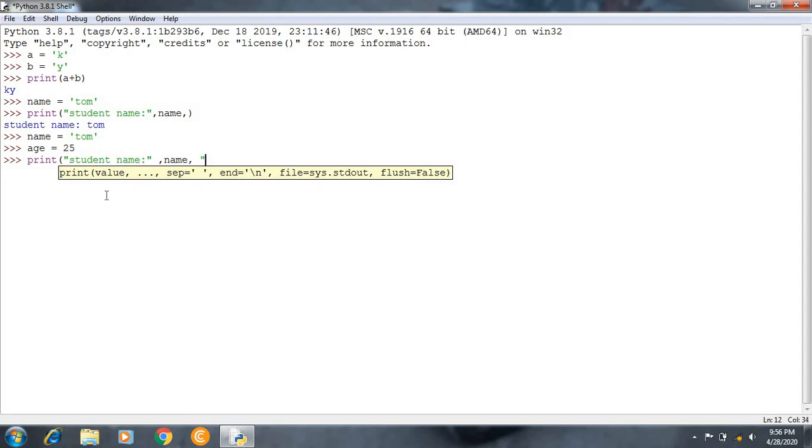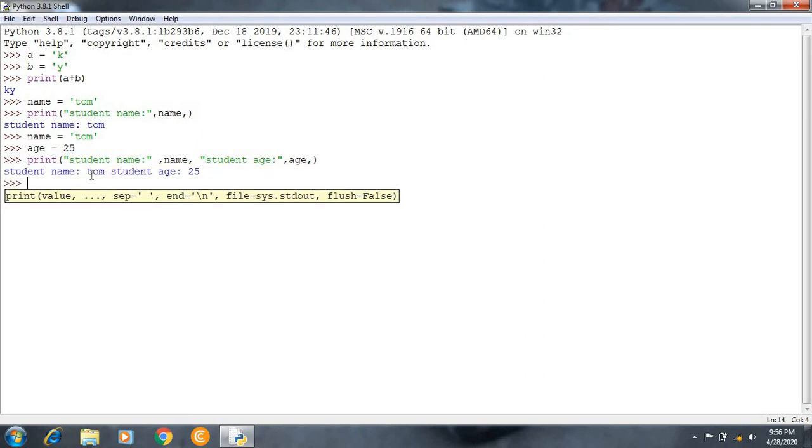Again for age, student age, close this one, comma, age, again close the quotes. Now close the parenthesis. Got it? I got student name is Tom and student age is 25. This is how we'll be defining each and everything about students' details.